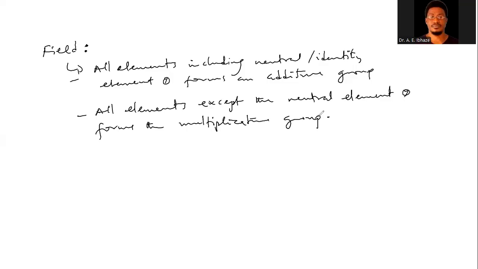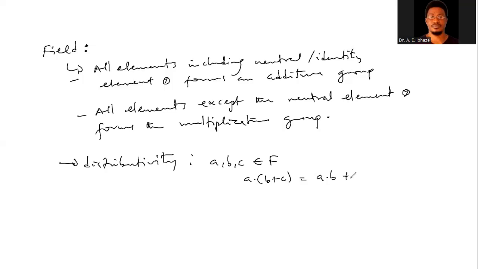Just like we already mentioned. So if we now have the two operations, then we have the law of distributivity, okay? Distributivity combines the two operations in the sense that we have A, B, C as elements of the finite field, then A dot B plus C will be the same as A dot B plus A dot C. Okay, so here we have both the additive and multiplicative